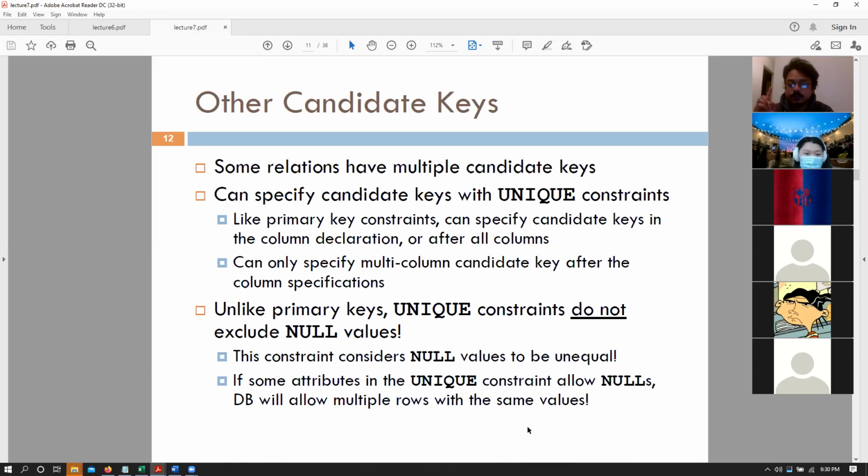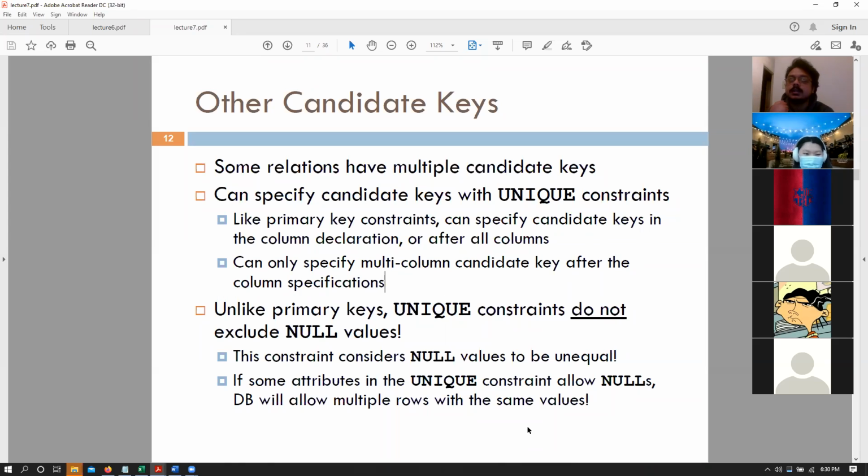The candidate key will actually allow that particular attribute to have null values. So a unique attribute would allow null values as well, and it can allow multiple null values as well. It would also allow null values as well.